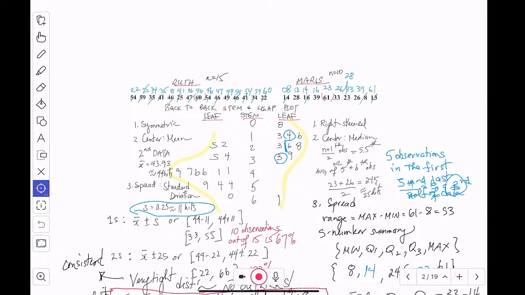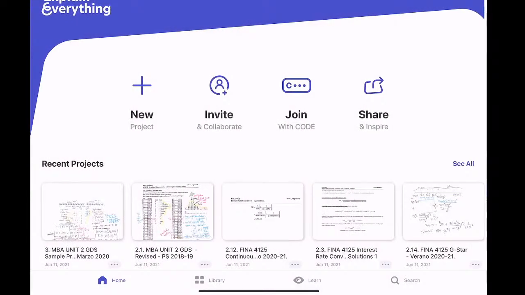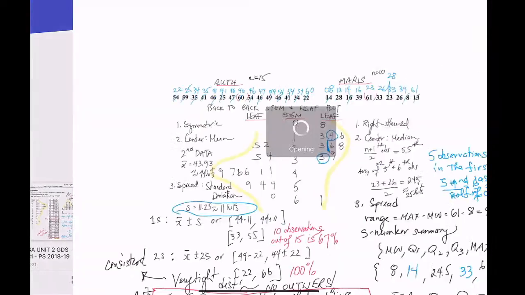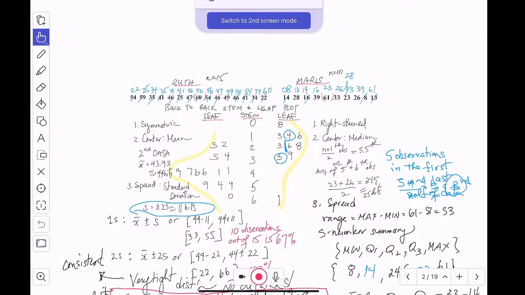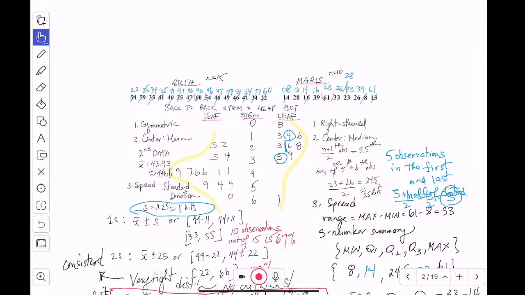So when it comes to using Excel, you could use it for percentiles, but for this class, just don't. In real life, it's fine. Okay. Now there's probably a way to get them to be the same, but I've not looked into it too much. This got messed up. Okay.